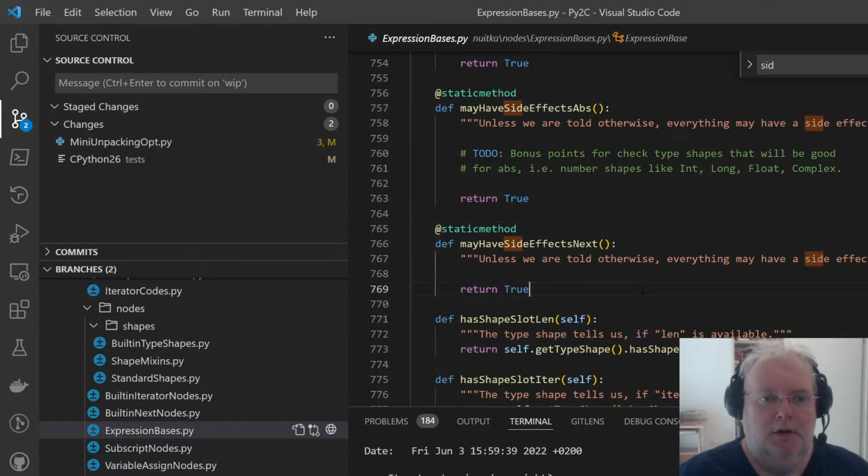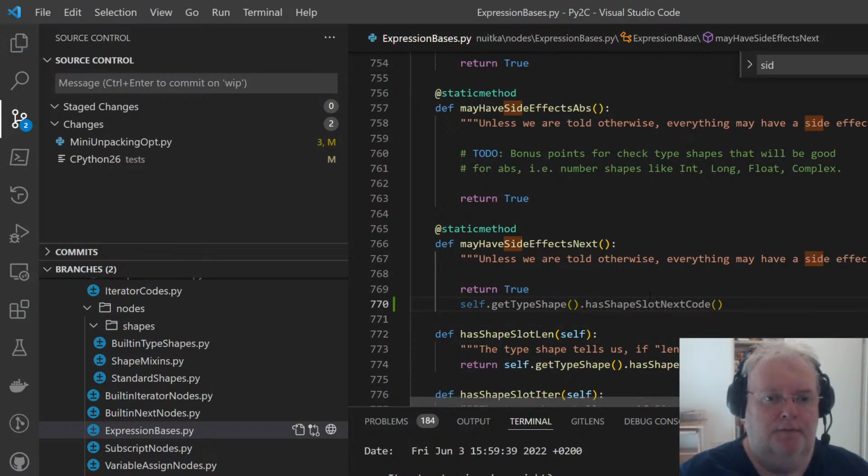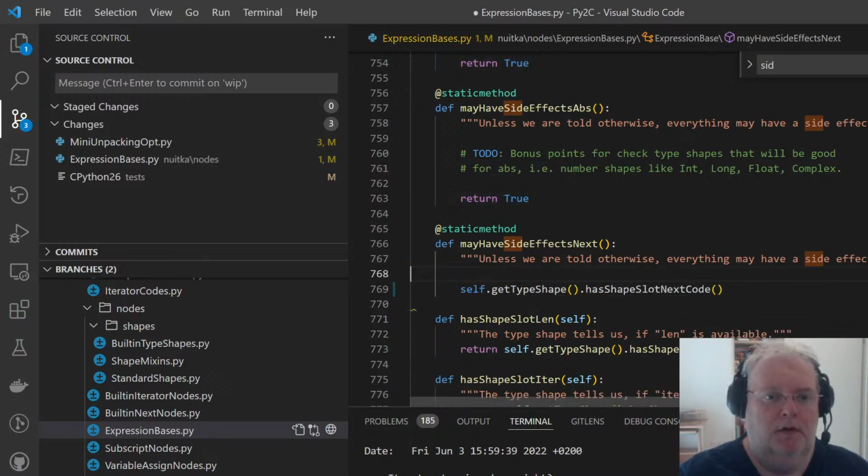Yeah, and we can do something that you can see how it's done for len. Now we can ask ourselves what type shape do we have, and has it code attached to next. And can I call this no matter what?